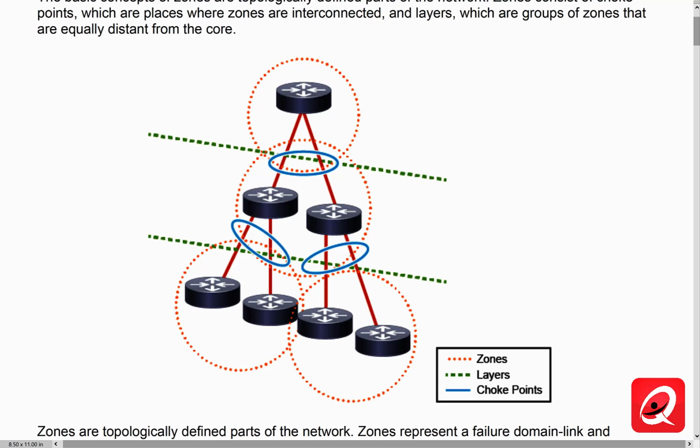They represent what we call a failure domain. If a device in that area fails or a link in that area fails, it should not have a vast effect on the other zones that we have created. All right. This is a very, very